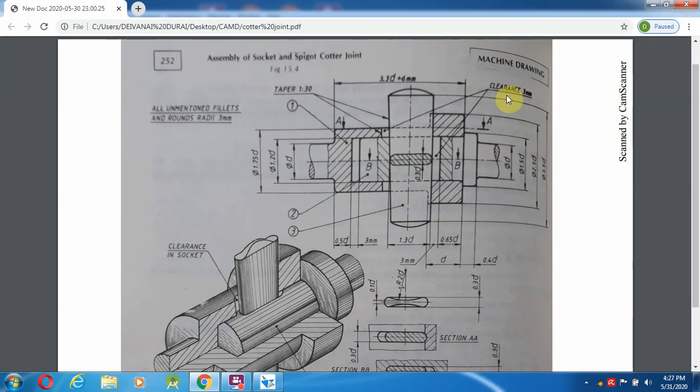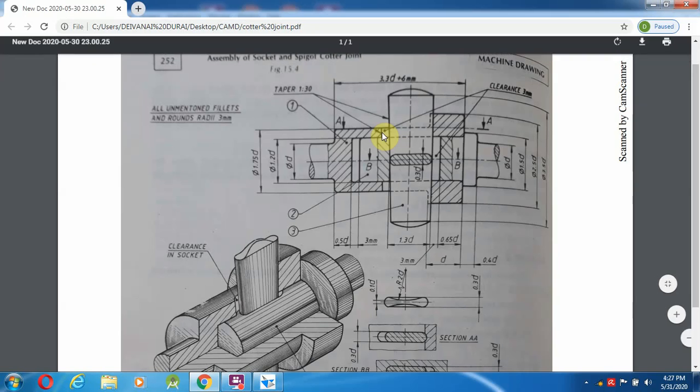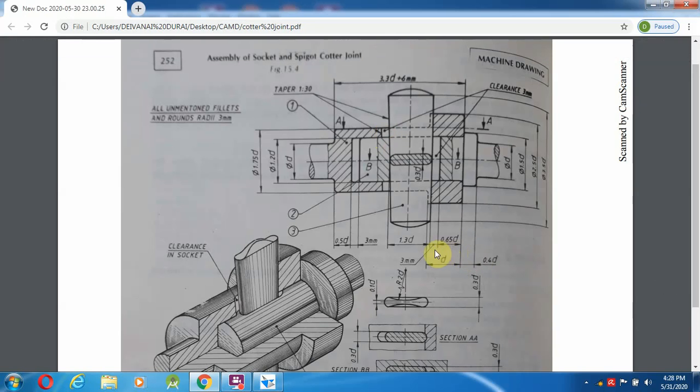There they have given the clearance as 3 mm. So what I am going to do is find the length from here to this, as well as from here to this length. For that, what I am going to take is plus 0.65d plus 3 plus 1.3d.